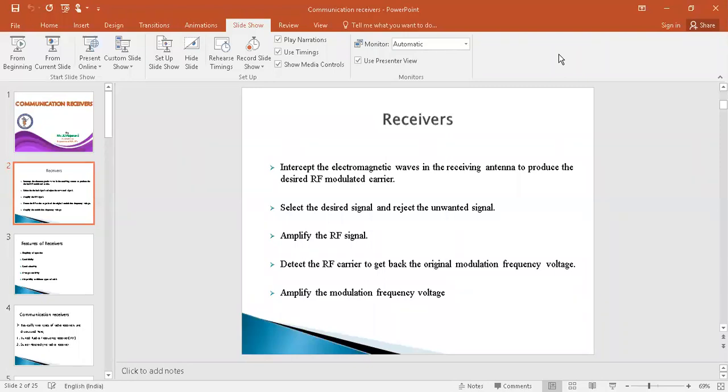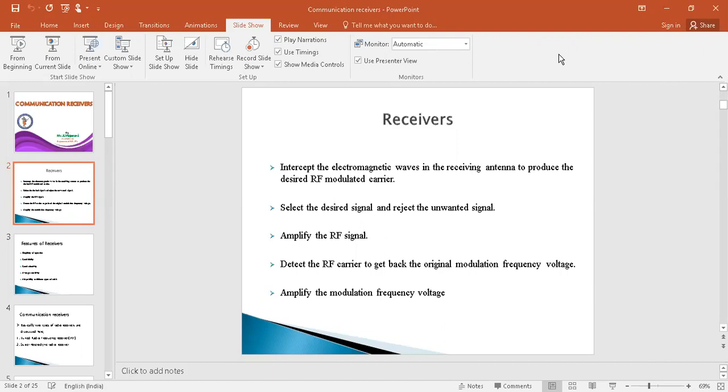Coming to what basically a receiver is. In wireless communication systems, the electromagnetic waves transmitted from the transmitter are in the order of a few microvolts when they are received at the receiver end. So a receiver is a device which will detect the original information and remove all the unwanted signals which are present in the transmitted signal. That is nothing but our information signal which is transmitted from the transmitter.